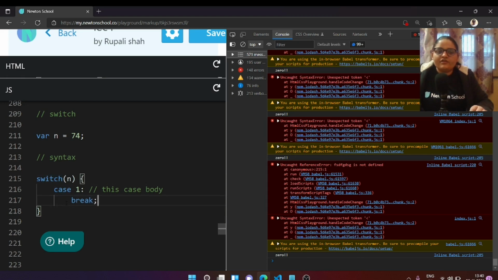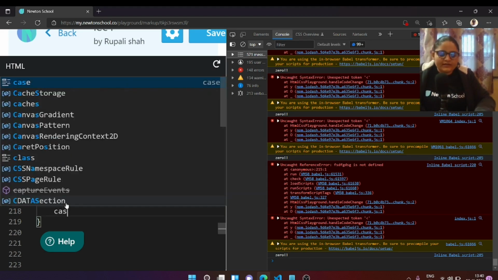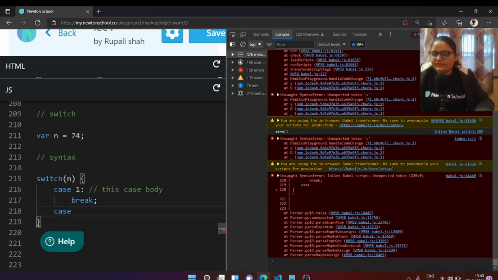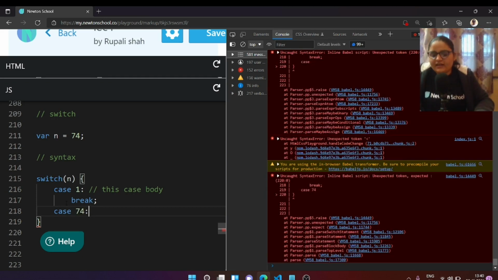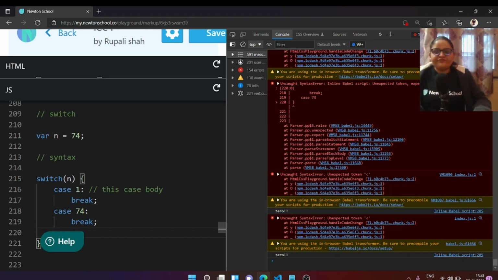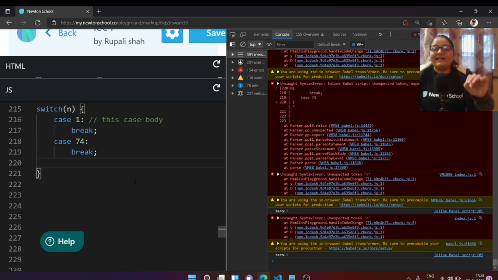Suppose we have so many cases, and one case is 74. I should take a very small number, but no issues. Let's have one case as 74, and then again we will have a break statement. In if conditions, we saw the else statement.